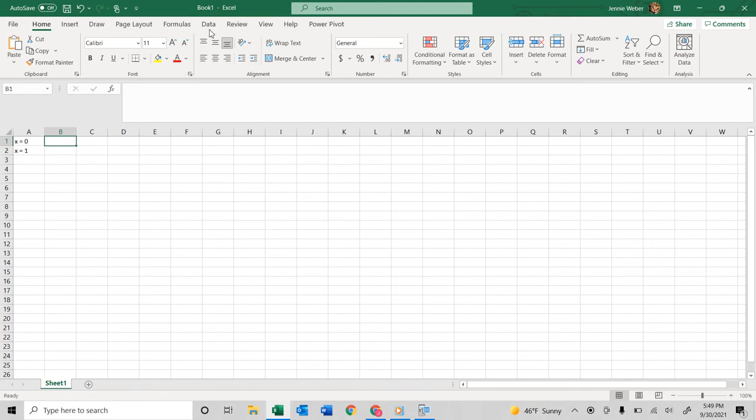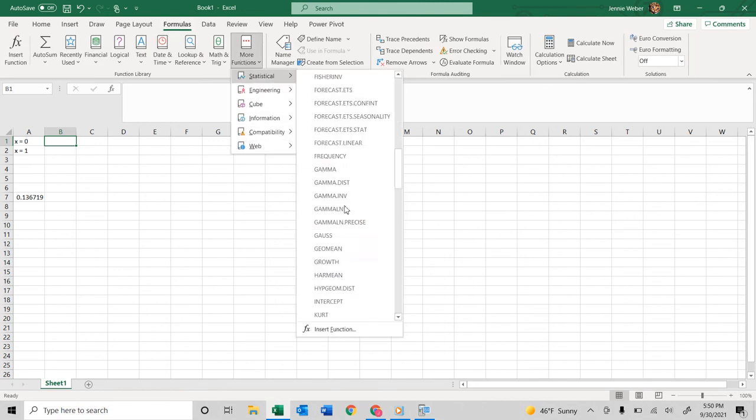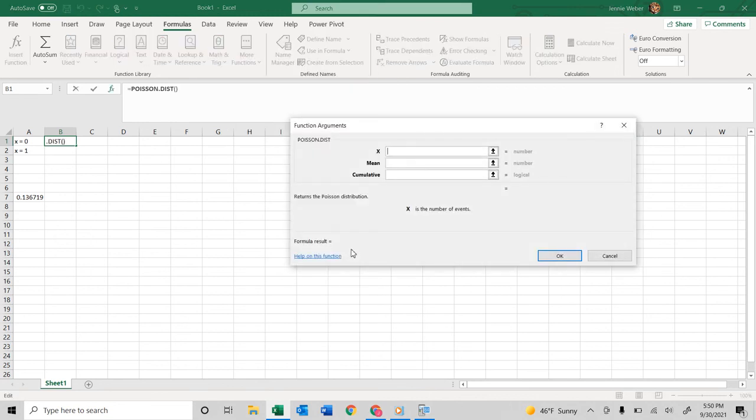So now this said unrounded mean. So I'm going to show you what I did here. You could do this two ways. You could come down here and do 12,429 times 0.000011. Okay, so that's that same number, right? So I'm going to go up here to formulas, more function, statistical, and I'm going to go down to P's, okay, and Poisson, okay? So my x here for the first one is 0. My mean, now I can do this two ways. Actually, I can do this three ways. I could copy this number,